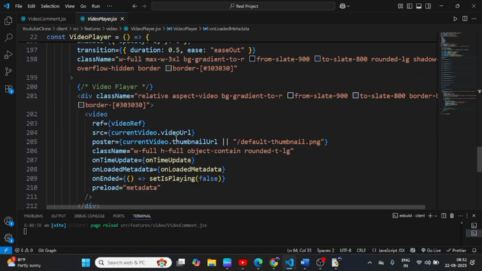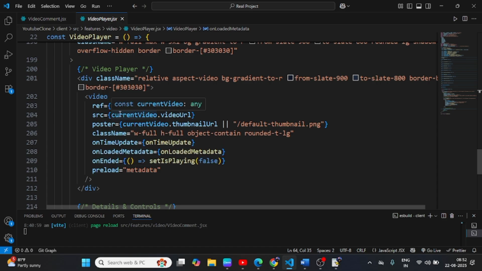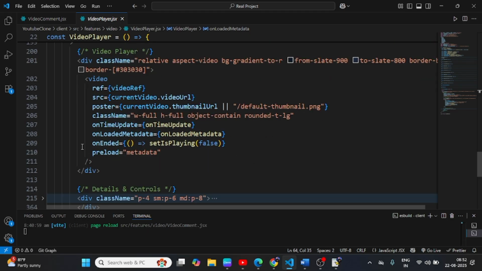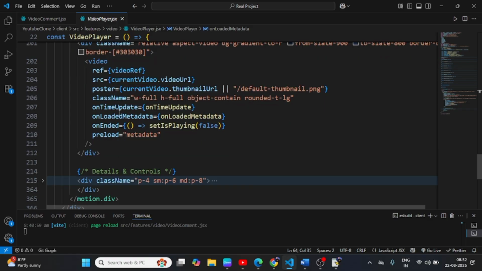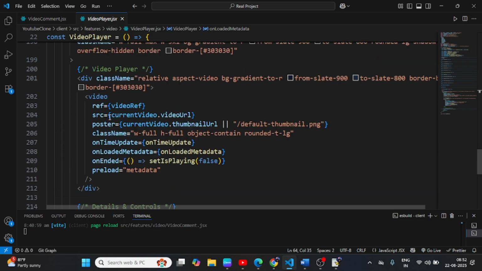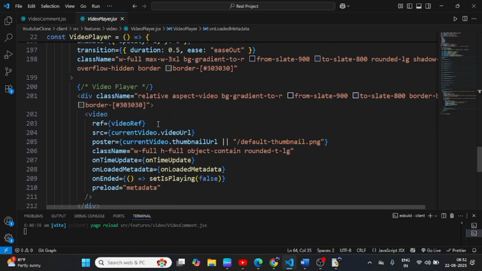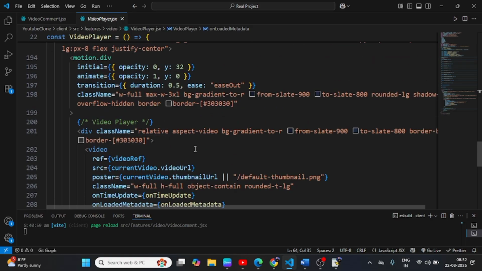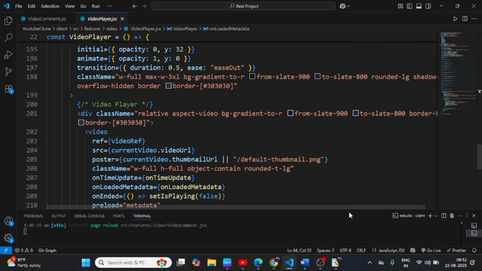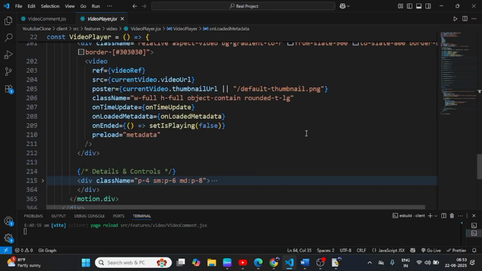Inside the video player we have a video with videoRef, source is the current video URL, poster is the current video thumbnail URL, class, onTimeUpdate, onLoadedMetadata, onEnded, and reload metadata. It's a video tag, and this is a class like relative aspect-video, in the background, border, and then details